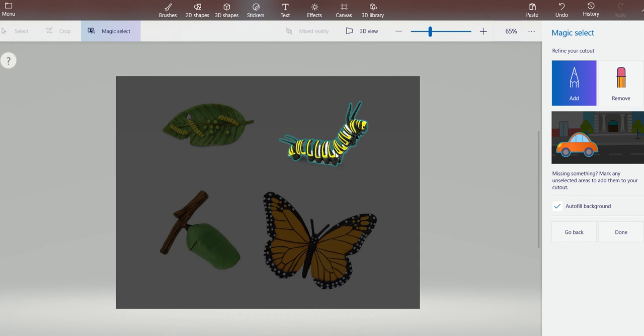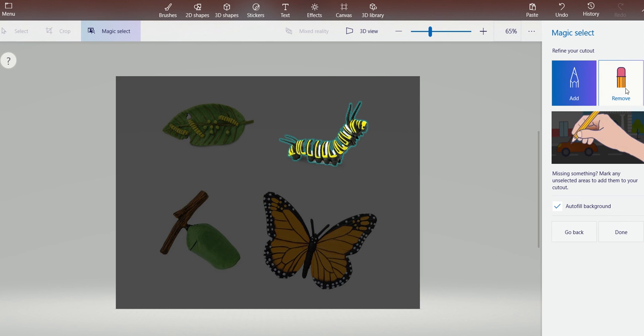So this means that this particular image of mine is automatically highlighted. Okay, and my image is done. I don't have to add or remove any section, because by default my image is selected. But in any case, if your image is not selected accurately, you can always refine your cut. You can add those parts of the image. You can click on add, and then you can sketch out everything you need.